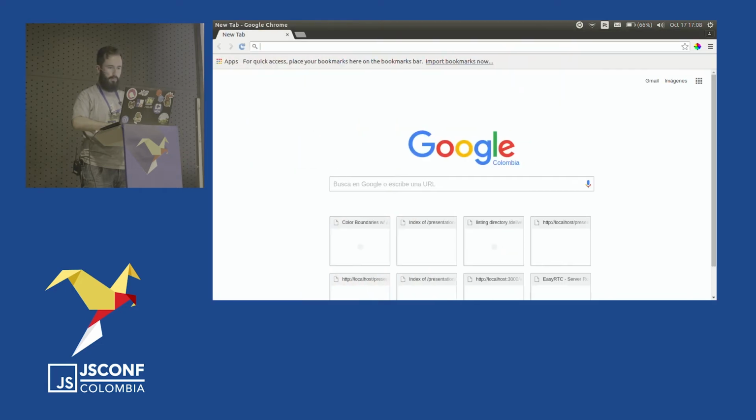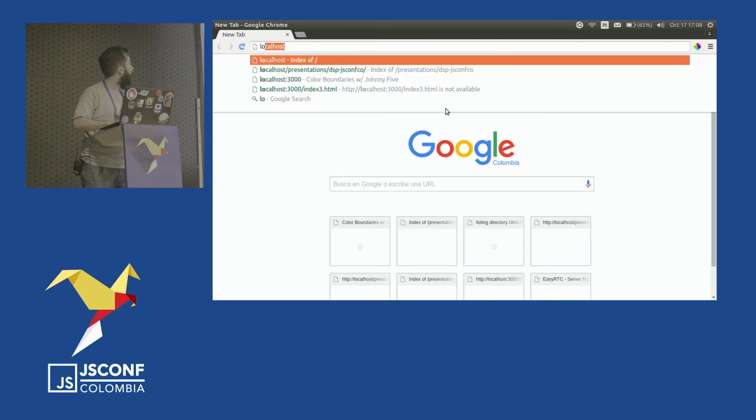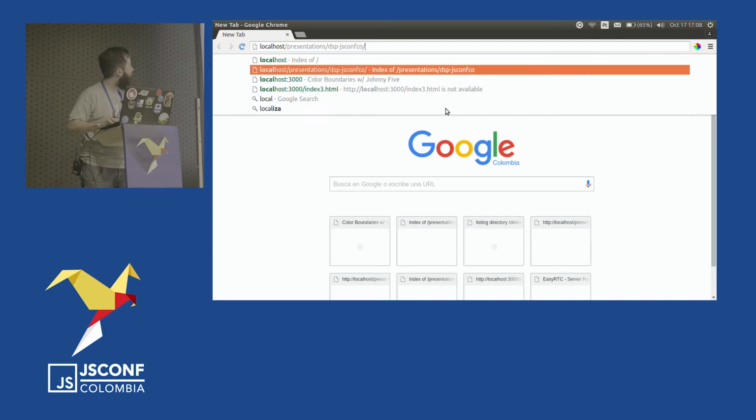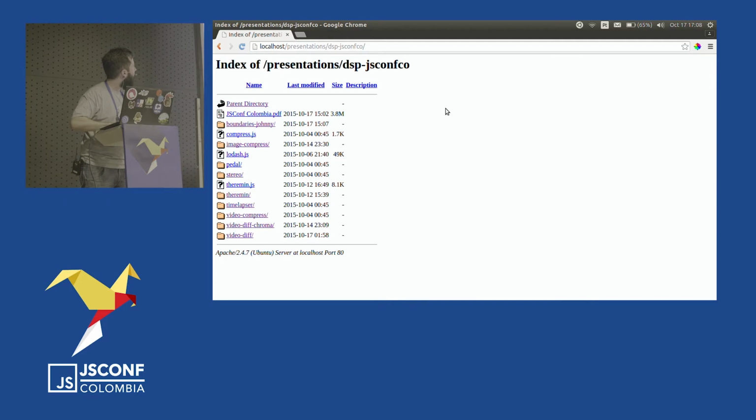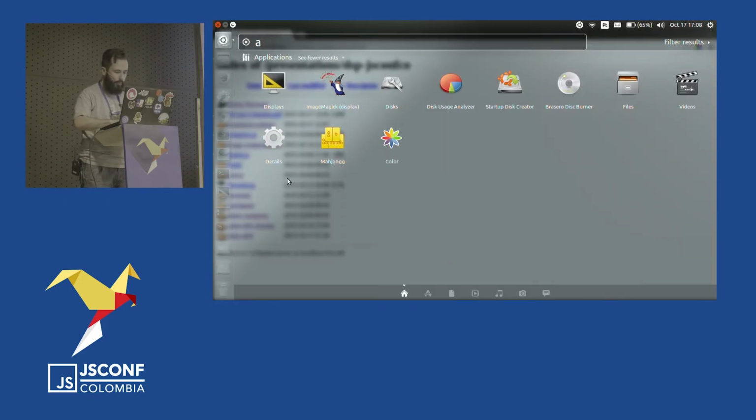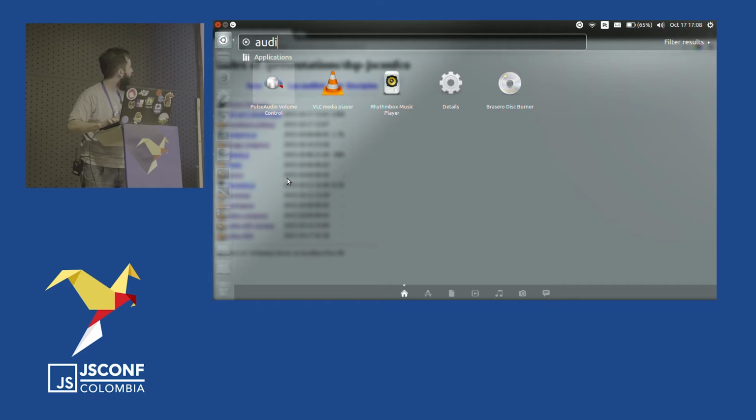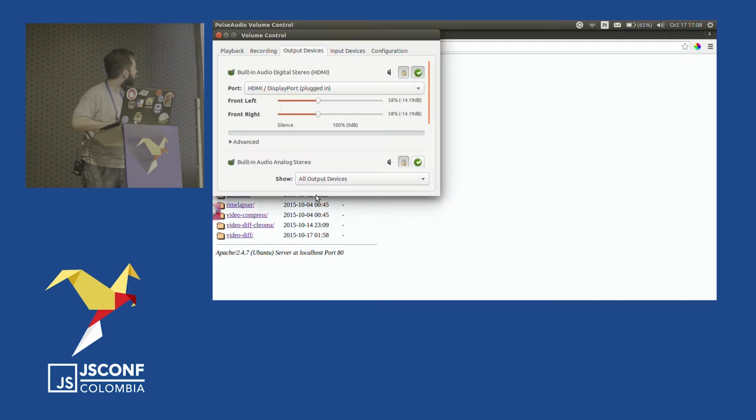Why is open source so hard? Calm down. No fast moves. Now my cursor is stuck. Let's do it. Well, I believe that I have a demo here that will not work because of my audio.